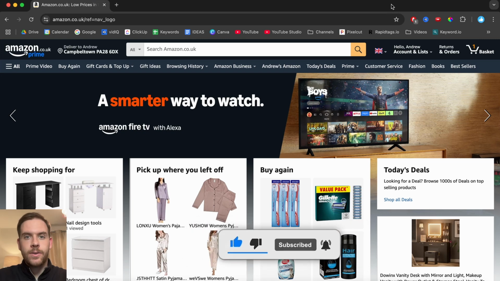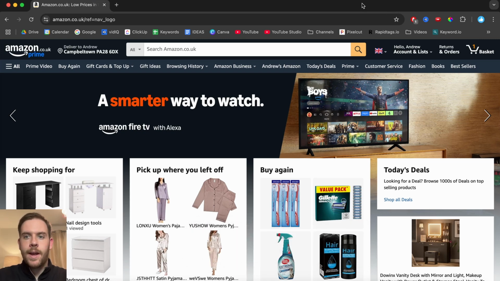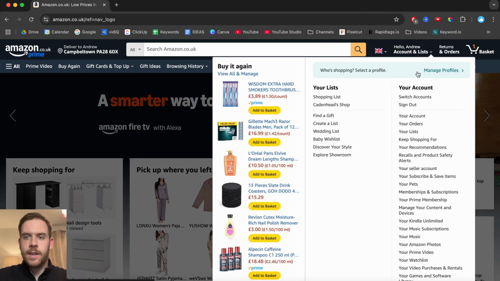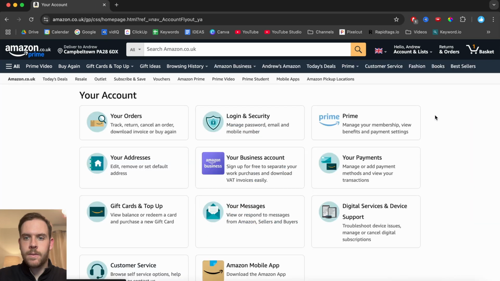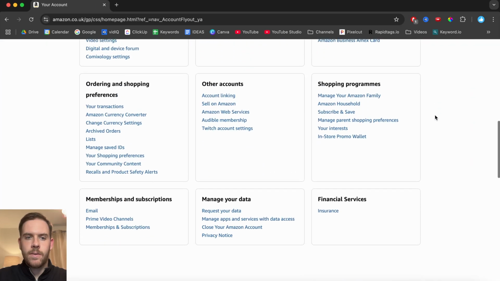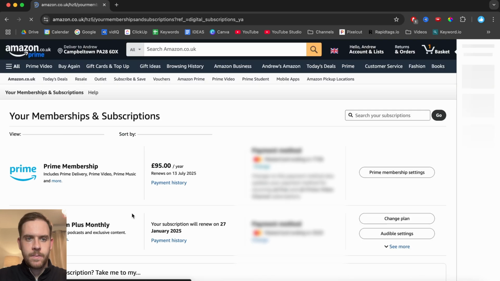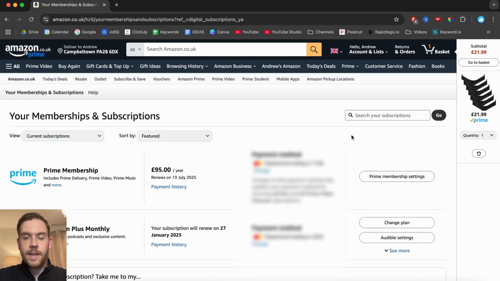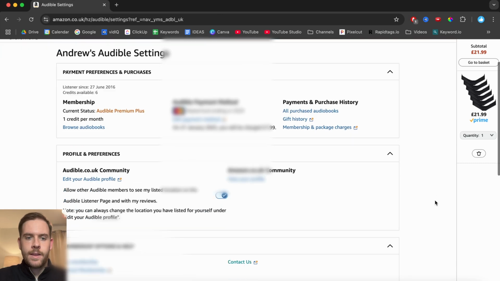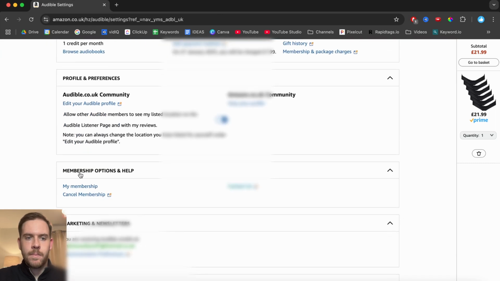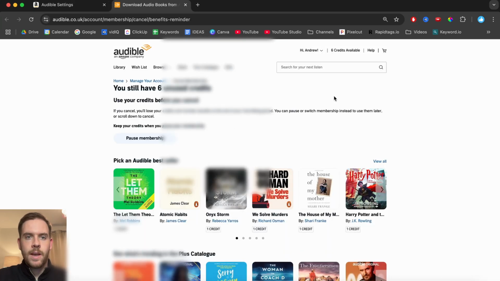Basically, I've logged into my Amazon account on my computer, and you go up here to this section and then click on your account. From there, scroll down until you find memberships and subscriptions, and then click on memberships and subscriptions. That's going to load this page, and then what we need to do is go to Audible settings and then scroll down until you find membership options and help, and you can press cancel membership, and it's going to redirect